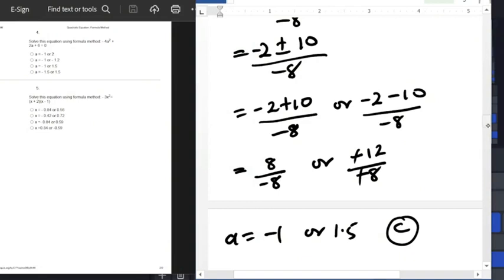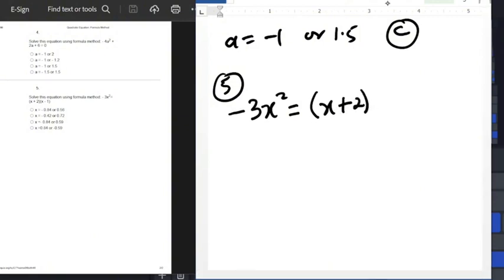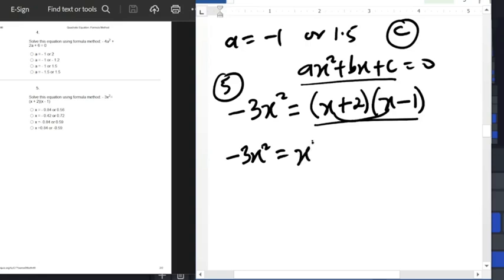So we'll move to the next question. Question number 5 now, the last question here. What we have here is minus 3x squared equals, we now have a bracket, x plus 2 into bracket x minus 1. When you see this, you can see that it's not in the format ax squared plus bx plus c equals 0. So we're going to expand this bracket and simplify everything to be in this format. So we have minus 3x squared equals x times x, this will give us x squared, x times minus 1 is minus x, 2 times x is plus 2x, 2 times minus 1 is